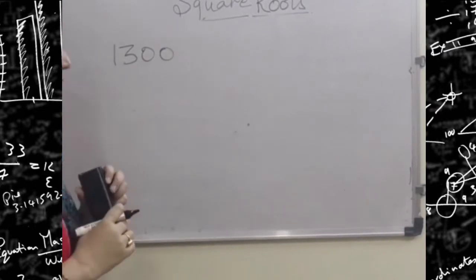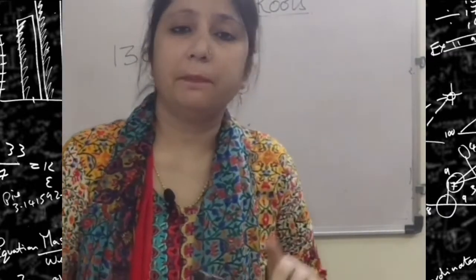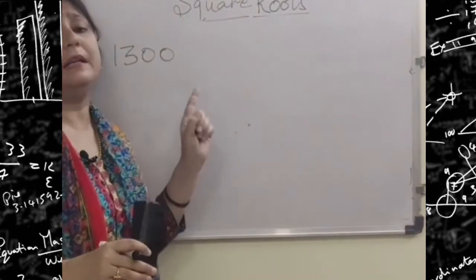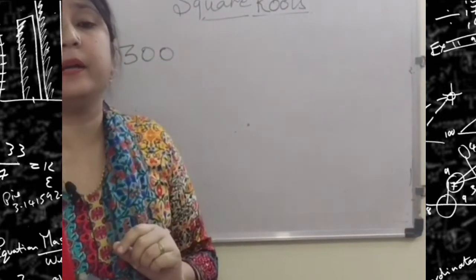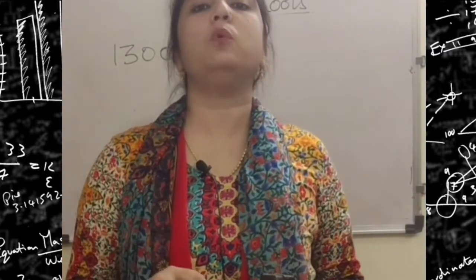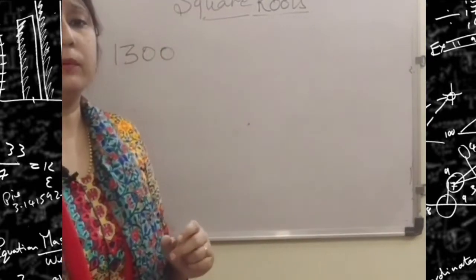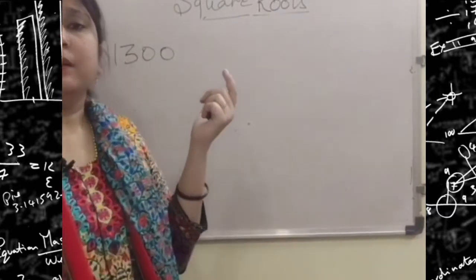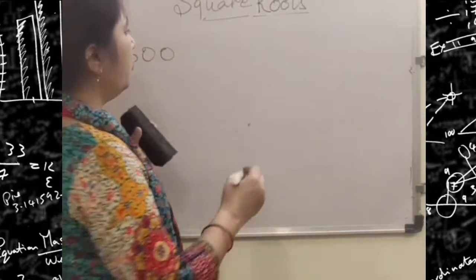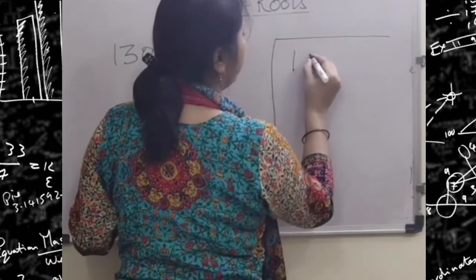Now the another question is, what least can be added to 1300? The previous one was for subtracted, this is for added. What least can be added to 1300 to get a perfect square number and also find the square root of the number so obtained? Clear from the language that 1300 is not a square number, so we cannot put a square root sign on it. What we will do, we directly begin with finding the square root of 1300.